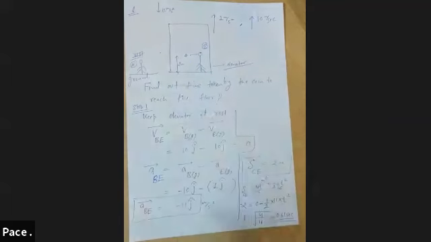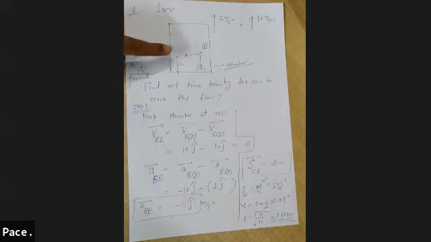At that time, man B is moving up with velocity 10 meter per second, and this man B releases a coin. The same example I will give you: when I'm in a running train and I want to jump off the train, I will have the same velocity as that of the train. So when the coin was released by man B, at that time man B was having velocity 10 meter per second in upward direction. So this coin will also have the same velocity 10 meter per second in upward direction.